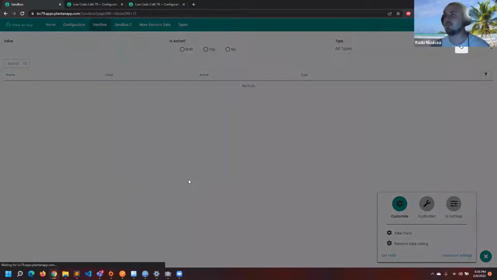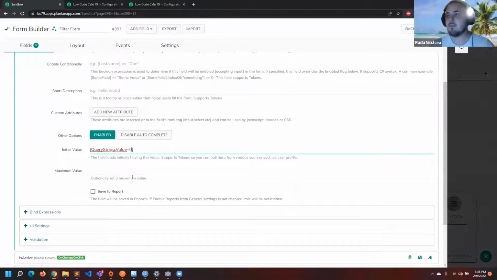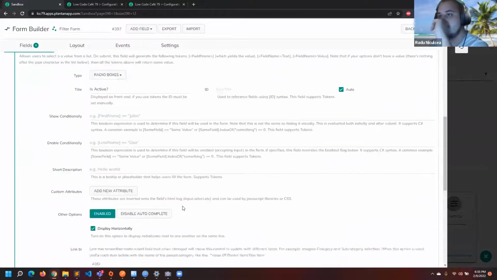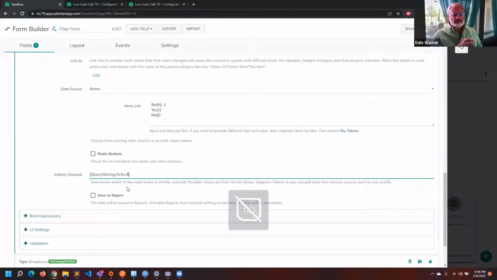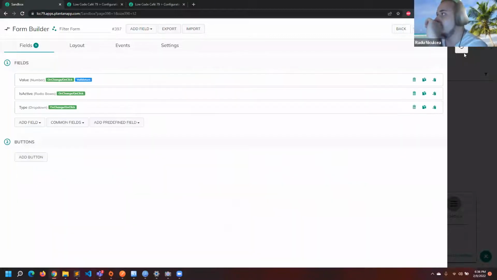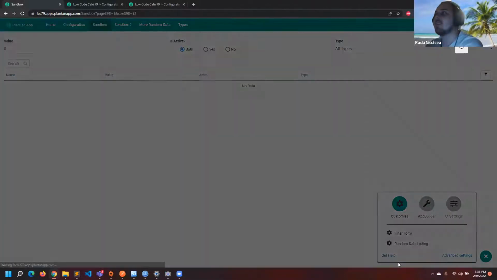Filter form, excuse me a second. So the value should be defaulted to 0, not existing, and is active should be defaulted to both, which is, oops, there you go. Yep. -1, right? So now if I land for the first time on the form, I basically have the value at 0, the active is both, and all types. I just need to adjust really quickly